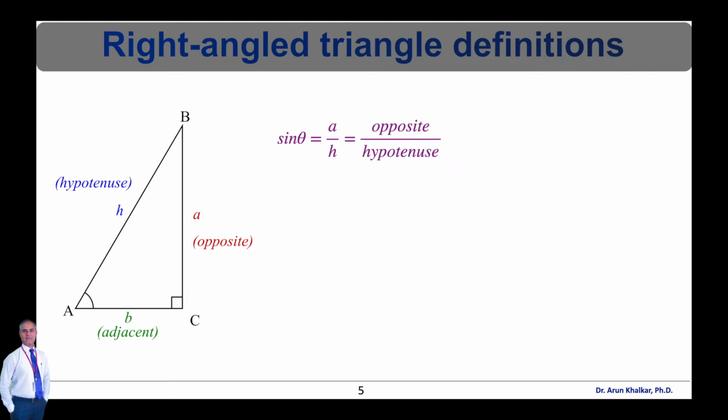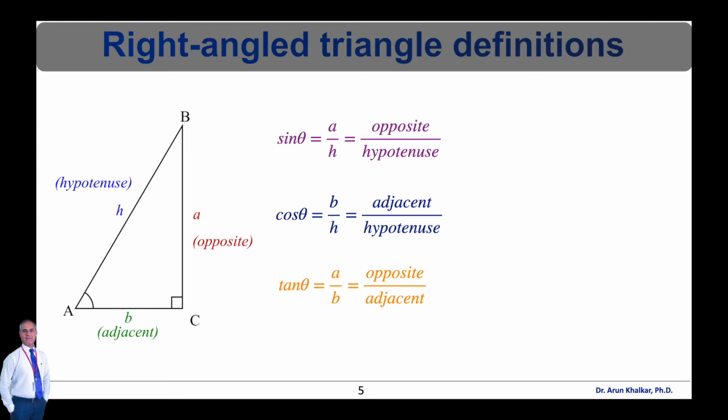Therefore, we can calculate sin theta is equal to A upon H, that is equal to opposite upon hypotenuse. Cos theta is equal to B upon H, that is equal to adjacent upon hypotenuse. Tan theta is equal to A upon B, that is equal to opposite upon adjacent, whereas